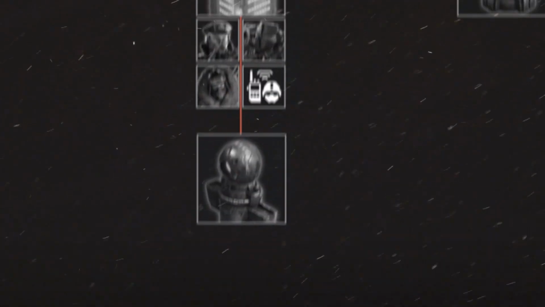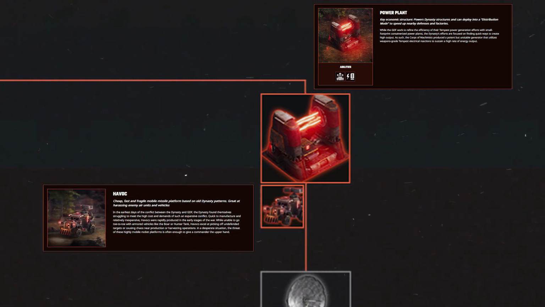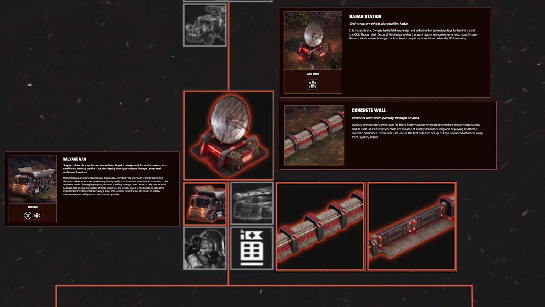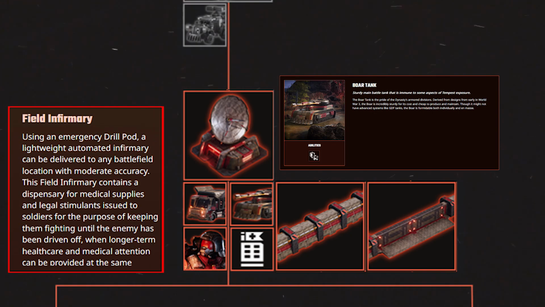When we move back up the tech tree, all the way branching from the construction yard is the power plant, the main source of power of the Dynasty. This unlocks the fast harassing unit of the Dynasty, the Havoc. The power plant also gives access to a new building, the radar station, that unlocks defensive walls, salvage van for repairs, the main battle tank, the bull, flamethrower infantry, the igniter, and a new support power, mobile infirmary, that drops